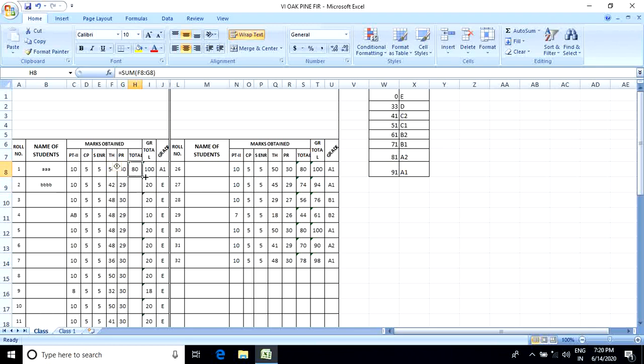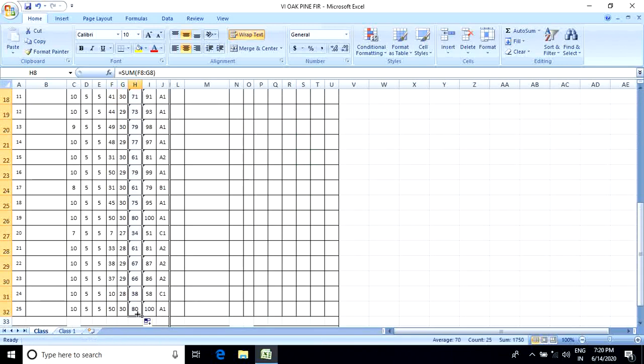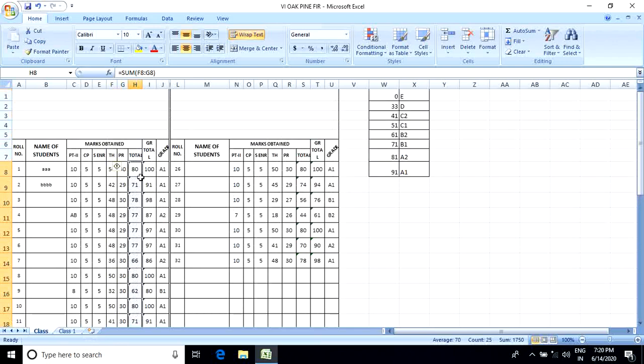No, just select the cell where the formula is already written. Now just drag it from first to last. Look at that, automatically calculated. That is the way the spreadsheet software helps us a lot to calculate anything.